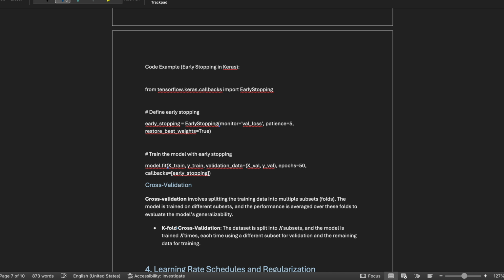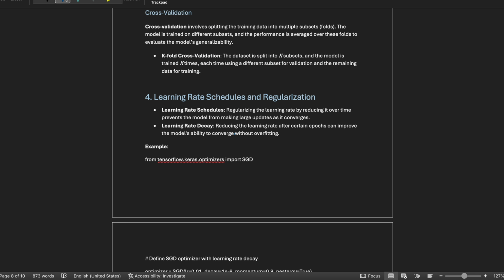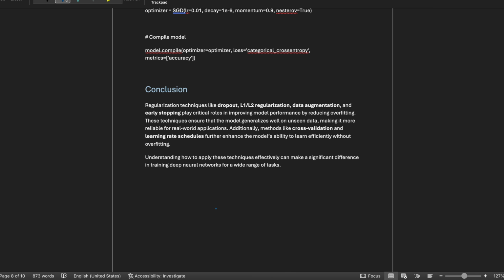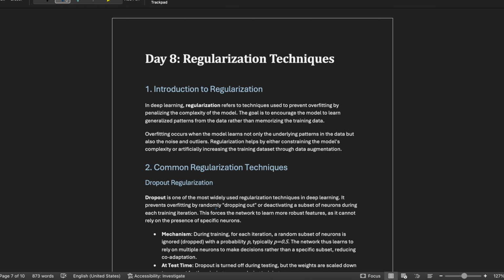generalizability. In K-fold cross-validation, the dataset is split into K subsets and the model is trained K times, each time using a different subset for validation and the remaining data for training. The same idea which I already gave you. So this is basically cross-validation, and learning rate schedules and learning rate decay we will look at in the code, and with early stopping, it will all be made clear